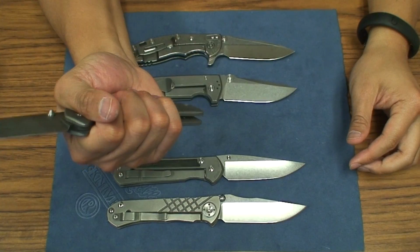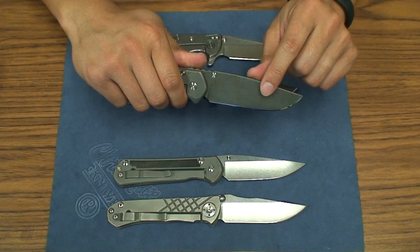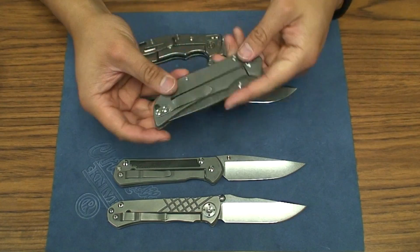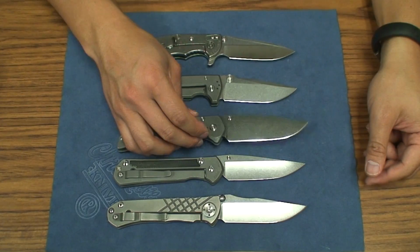I mean, with this knife, again, like I said, with the 3V blade steel and the acid stonewash that covers all the scratch patterns and marks, you got stonewash on the frame. This is just screaming out to be a user. And if I were to go camping,